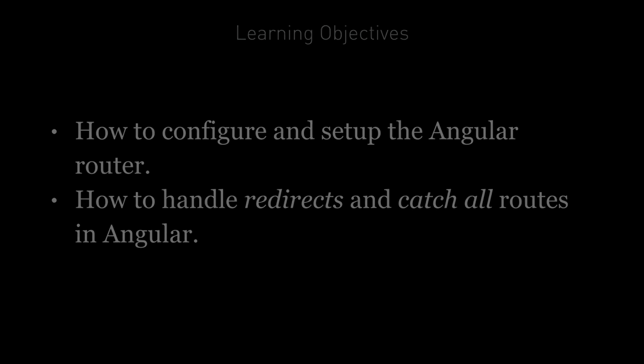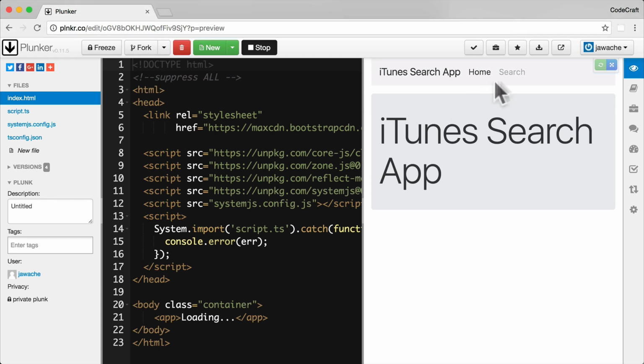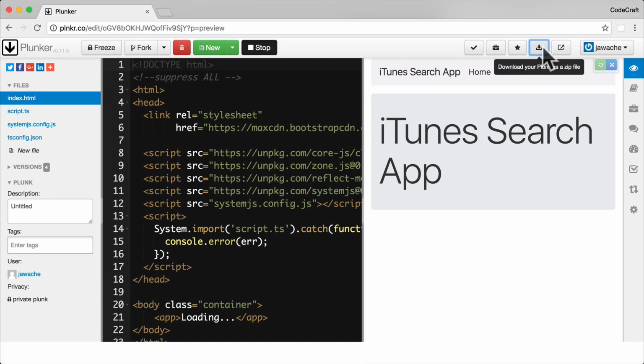So far in this course, we've been using Plunker to edit and run files. Now, Plunker is perfect for simple demonstrations, but doesn't work so well with routing. So for this section, it's actually better to download the Plunker files and run them locally. So this is the Plunker for this lecture. If you want to follow along with me, just simply download the Plunker,